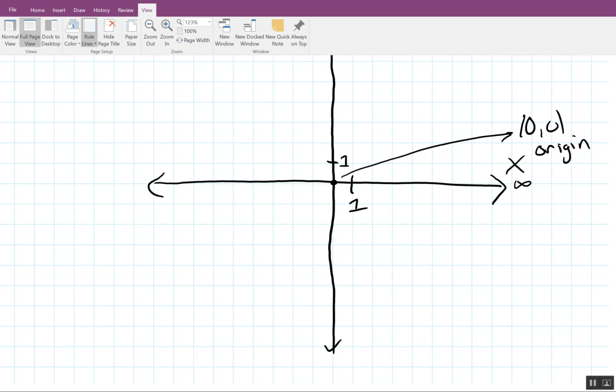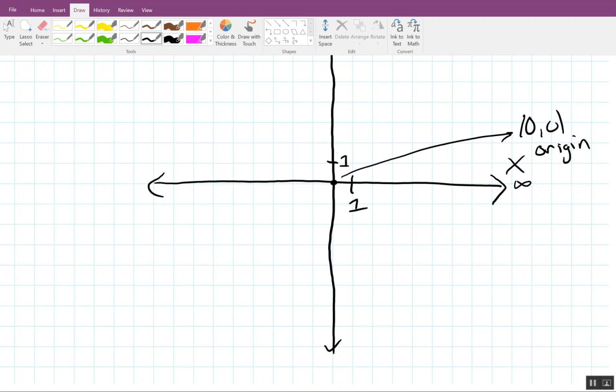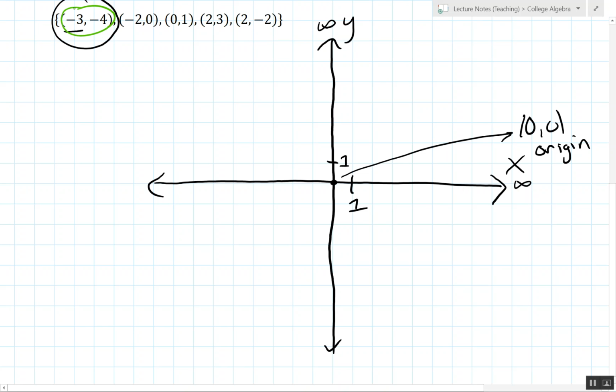Let's do a different color here. We'll do this one in green. And so we're going to go 1, 2, 3 in this direction. So here's where -3 is. Now let's not color it in so much. We're going to go